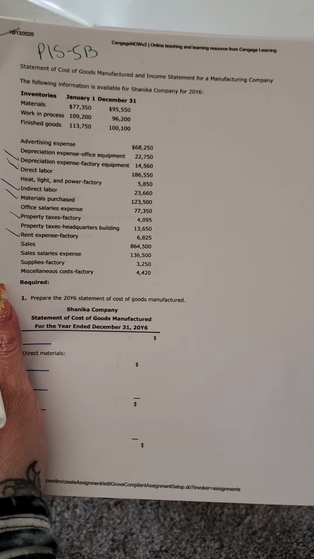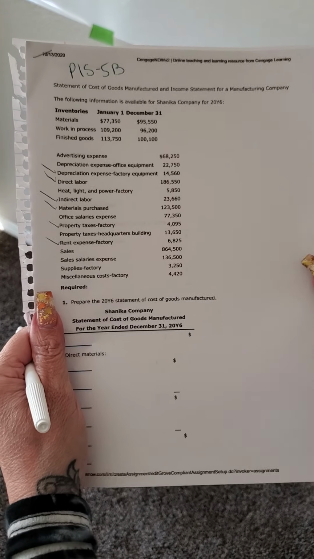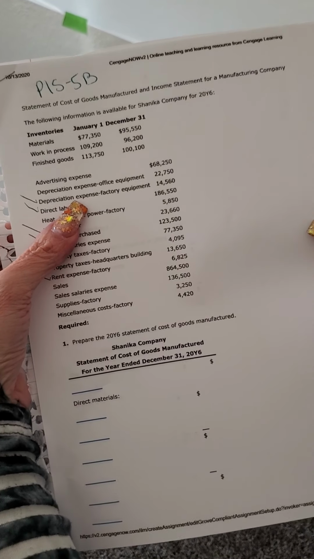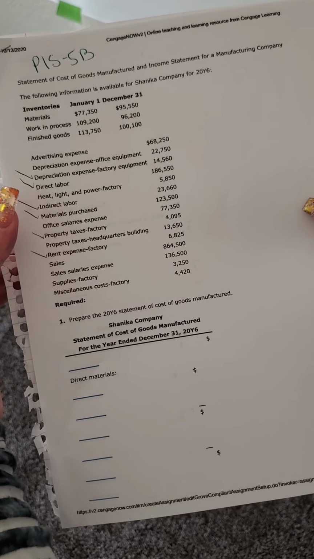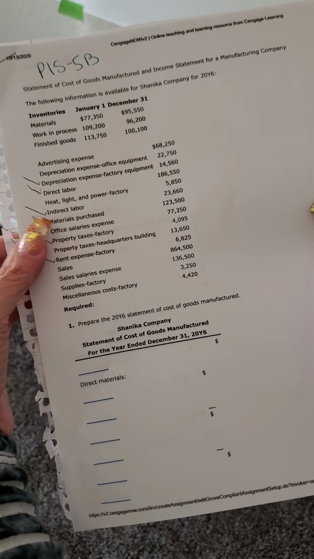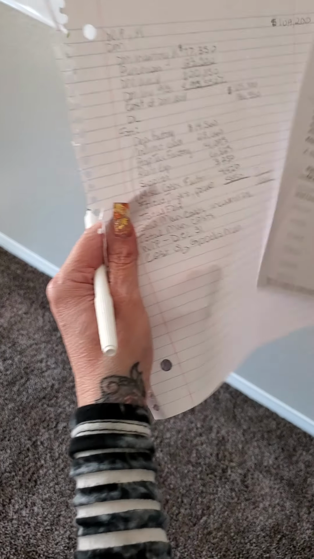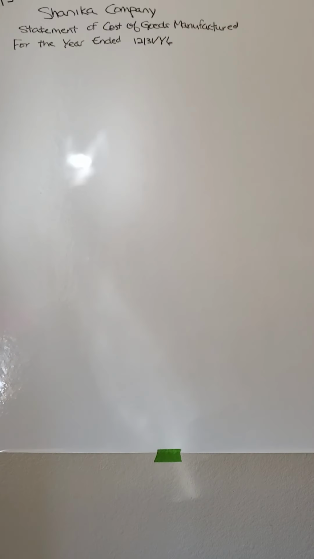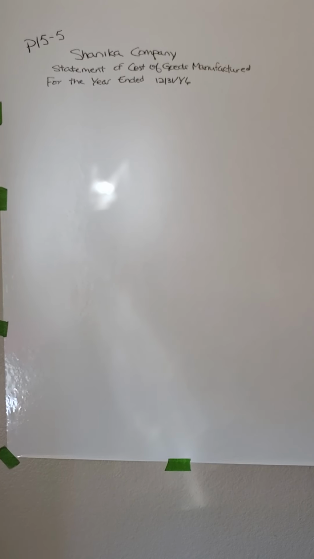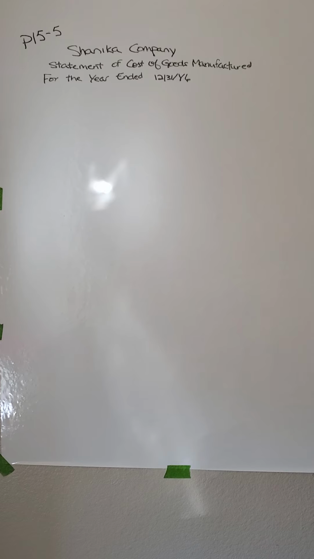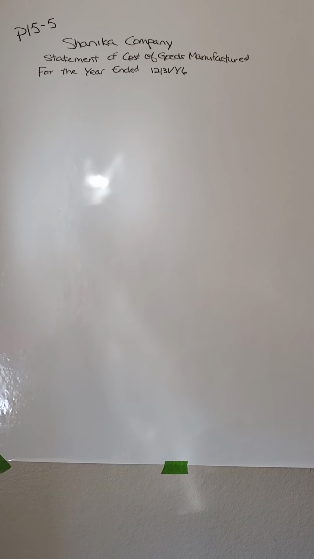So we've got their materials inventories, and then we've got other expenses here. So things like, you can see where I've marked things off: factory equipment depreciation, direct labor. I was looking at all those items that would go towards doing the statement, and that were product costs and period costs. So we're going to fill this one out. Remember, you can find these numbers. You can either take a screenshot of what I show you, or you can follow along on Cengage in the